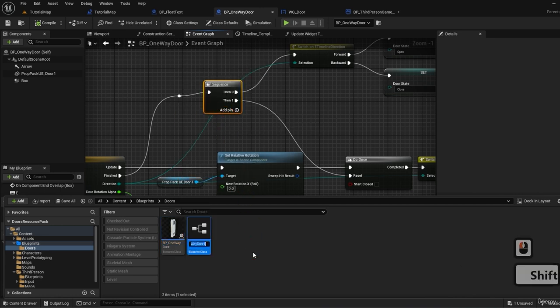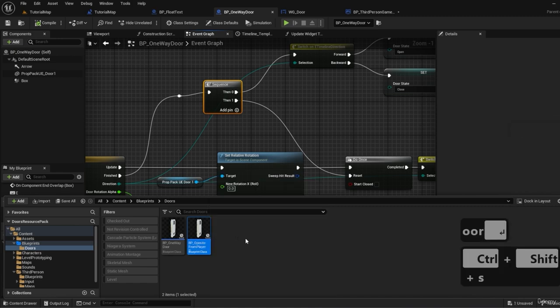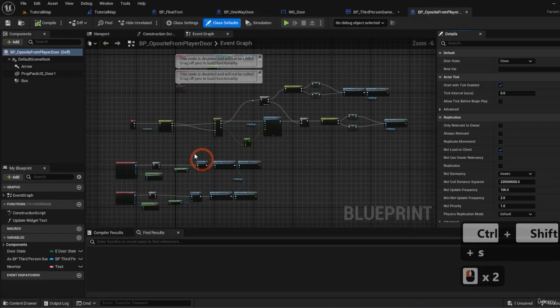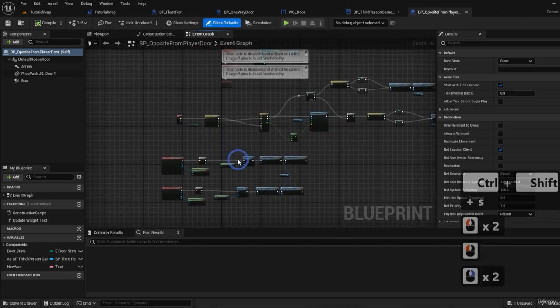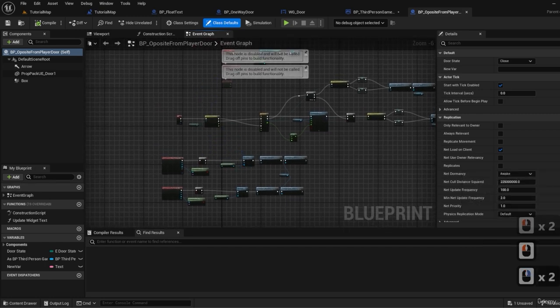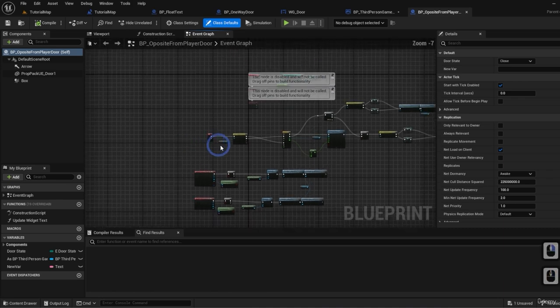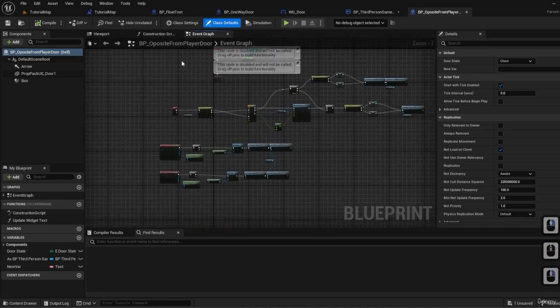I'm gonna call it BP opposite from player door. Spelling might be correct, might not be. We will never know. So I'm going to open this, and this is the same blueprint. This is a duplicated version of the blueprint we had. But before we start doing some changes, which will not be a lot,